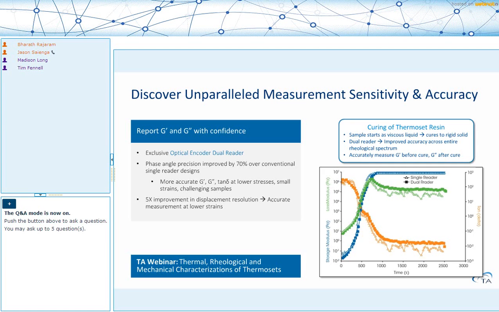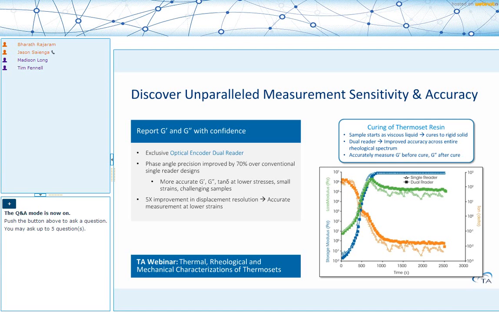And we look at one example of the direct benefit that this brings into the lab. So we're looking at the curing of a thermoset resin, and these types of materials can be somewhat challenging to study on the rheometer. They start off as viscous liquids that cure to very rigid solids. And we're showing a direct comparison between the dual reader